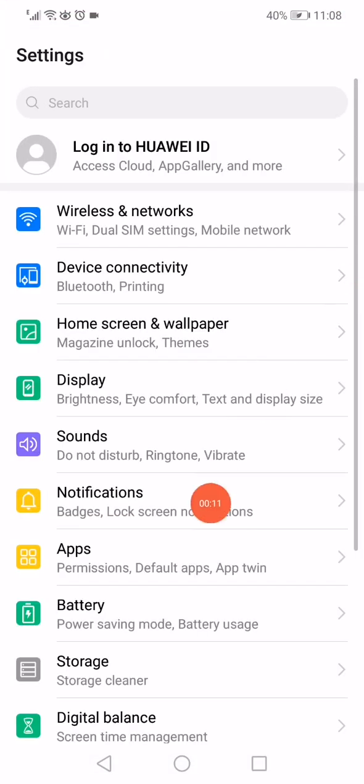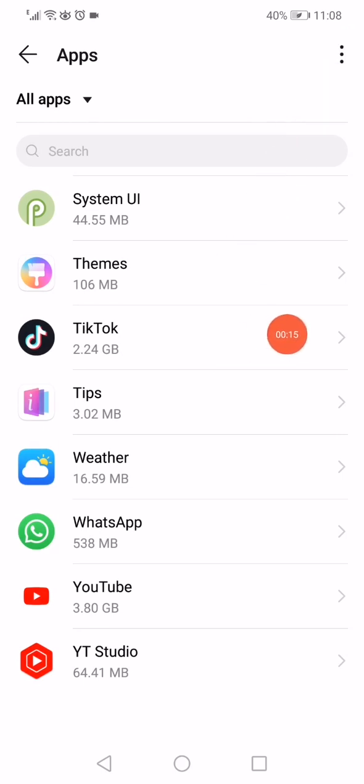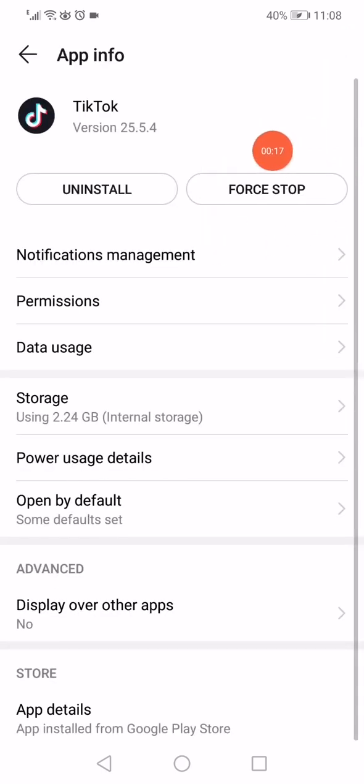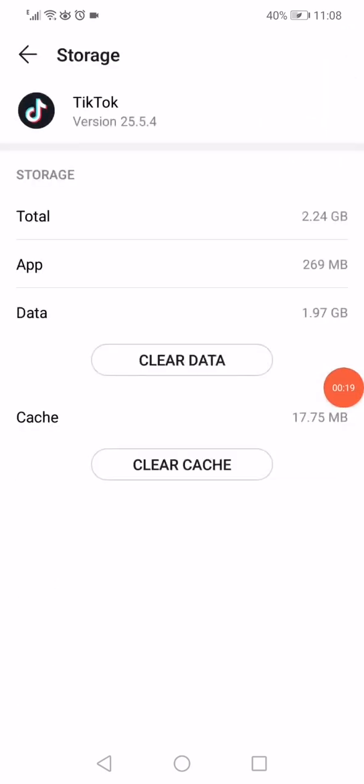First thing, open the settings, go to the apps manager, open the apps like this, and then go to the TikTok app like this, click on force stop, go to the internal storage, click on clear data, clear cache,